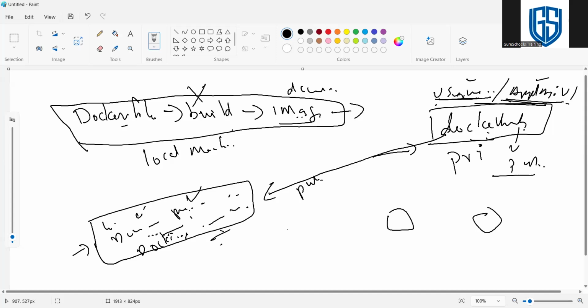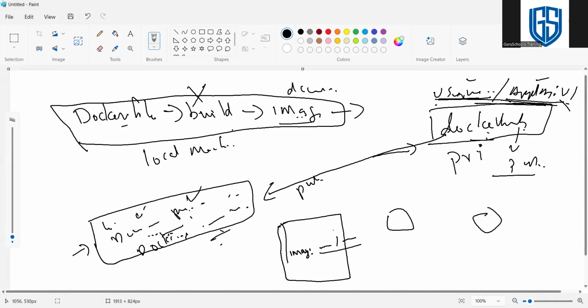Coming to Kubernetes, we have a Kubernetes YAML file. In the Kubernetes YAML file, there is an option for image. We need to mention the image name, and we provide the same thing: the username / application name, with the version.